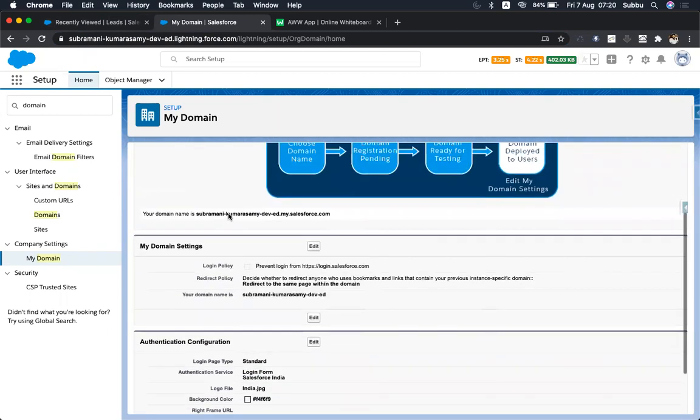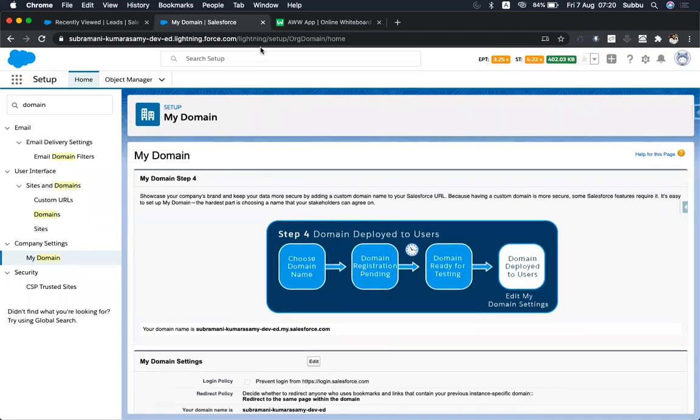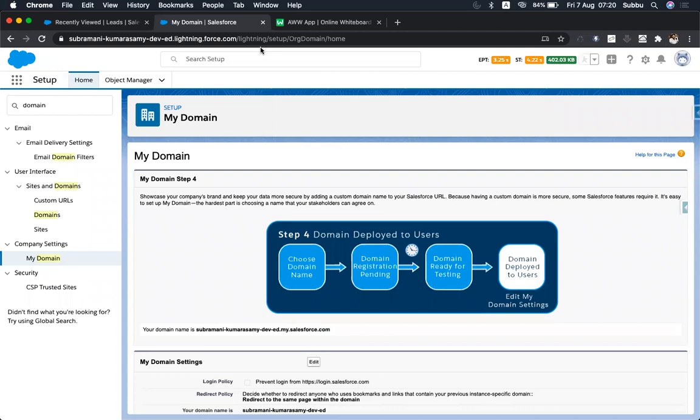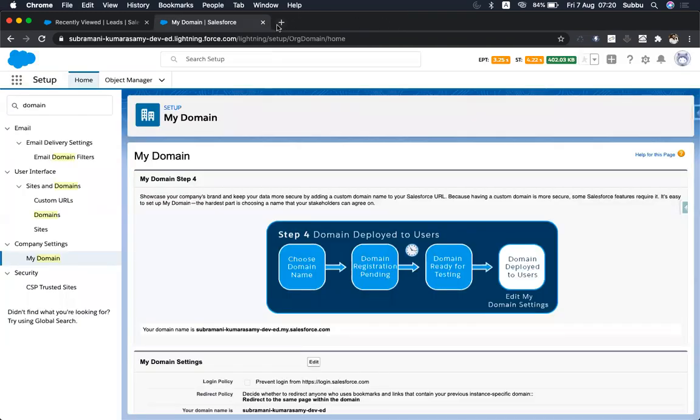When you log in inside your company Salesforce account, will it be a different HTTP address or the same thing?